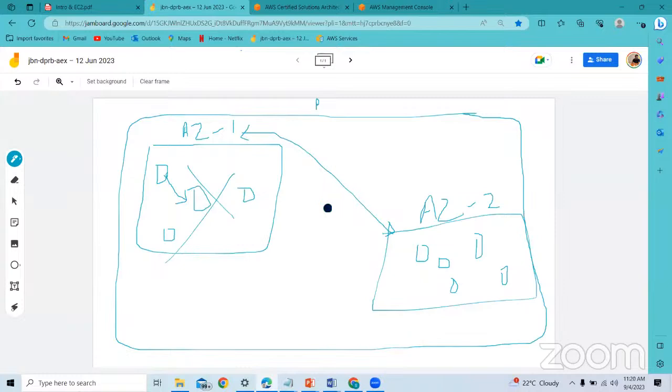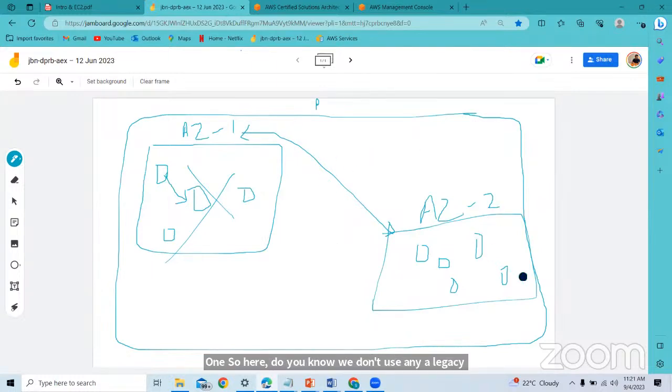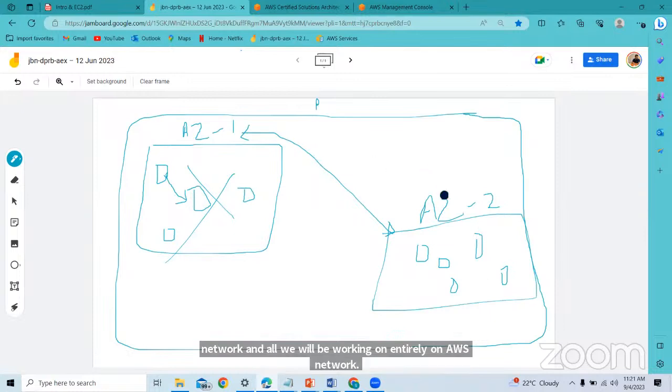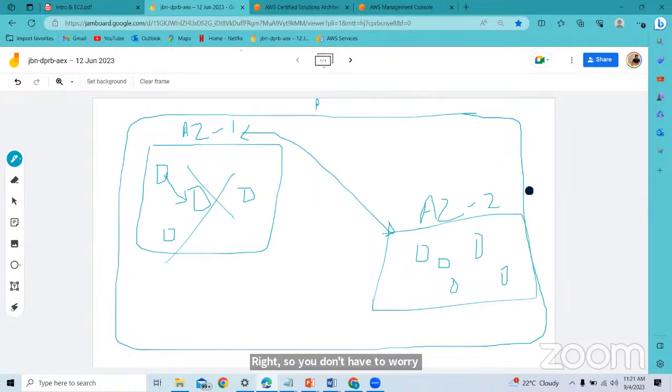We don't use any legacy network here. We will be working entirely on AWS networks only. So you don't have to worry about the networking part. In the background, it will work on all those AWS network things. You don't have to define anything new.